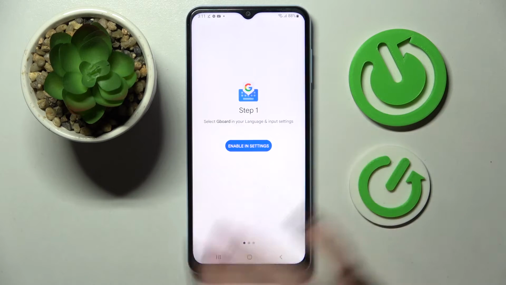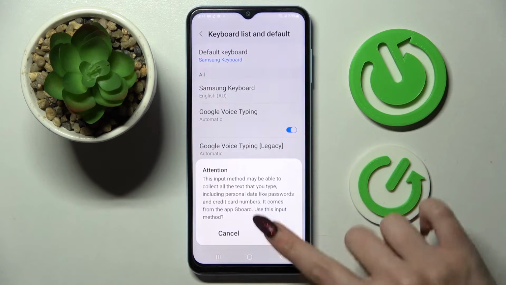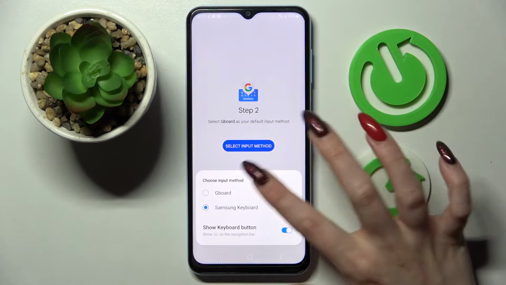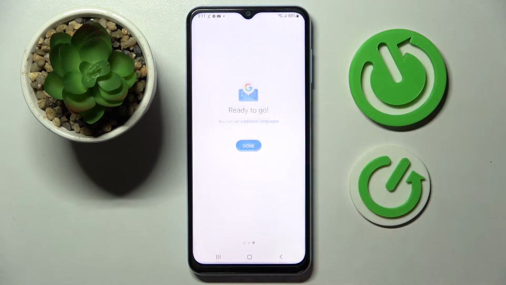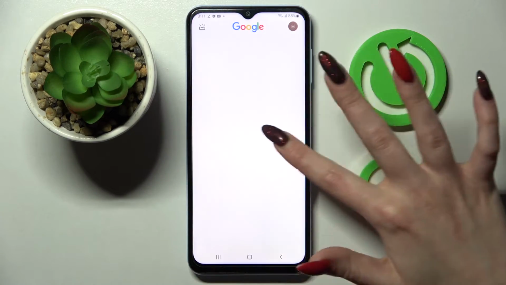Now to select Enable in Settings, click on the switcher next to Gboard over here and tap on OK. Then click on the back button, choose Select Input Method, click on Gboard and tap on Done. Then close Gboard app. After that, access device settings,